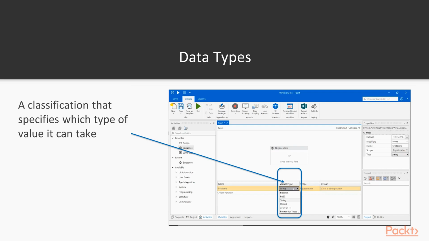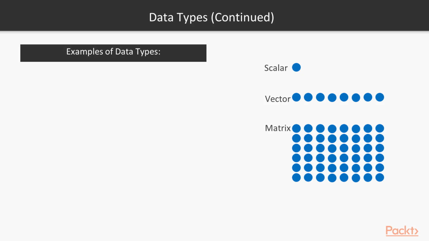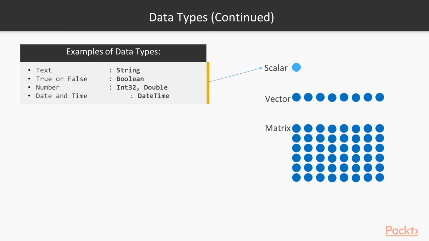A data type is a classification that specifies which type of value it can take and what type of operations can be applied to it. Data types can be categorized based on how many values they can take. A singular data type can take a single value. For example, age, first name, and date of birth. Data types such as int32, string, and datetime are singular in nature, as they can take only one value of